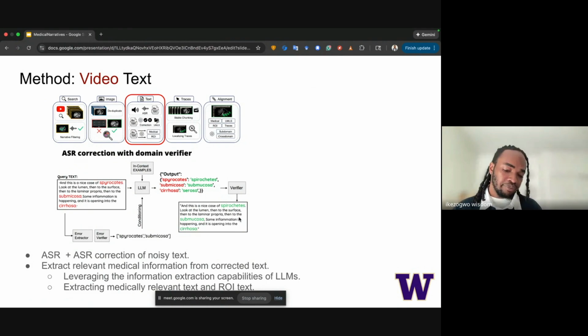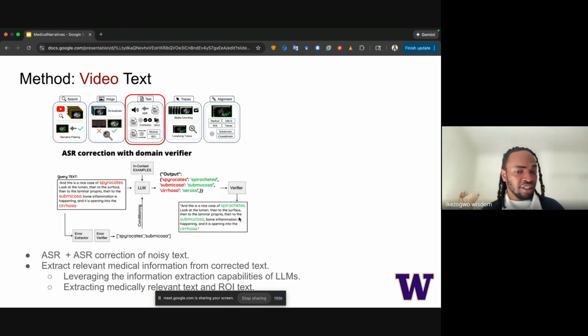Yeah. For the first one, we used the best model at the time, which was, I believe, GPT 3.5. And then for medical narratives, I believe we used GPT 4.1, which was the best earlier in the year and late last year.